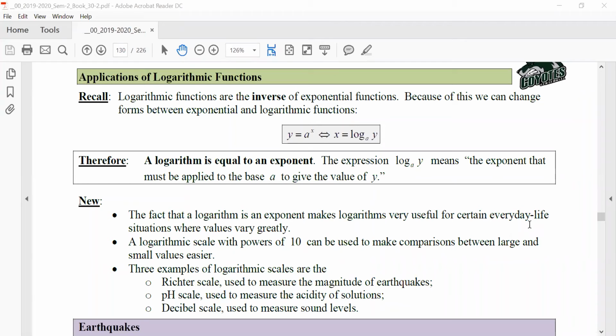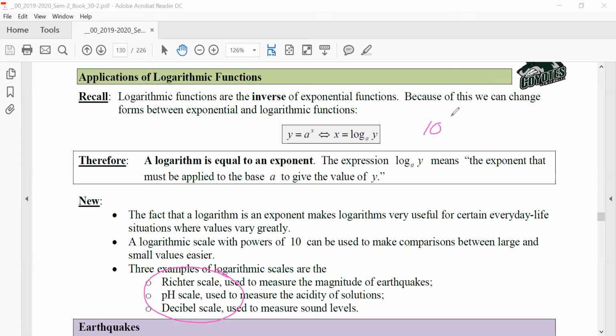We're on to applications of logarithmic functions. The big three that we're going to talk about are Richter scale, pH, and decibel. The reason why we talk about these and how they're related to logarithms is because we're dealing with really, really, really big numbers, and we found it useful to put these things on a scale of